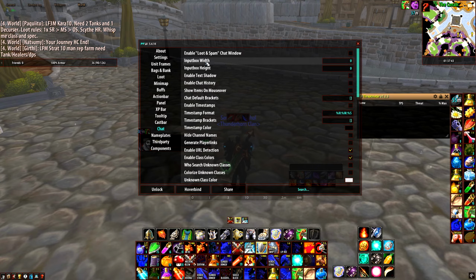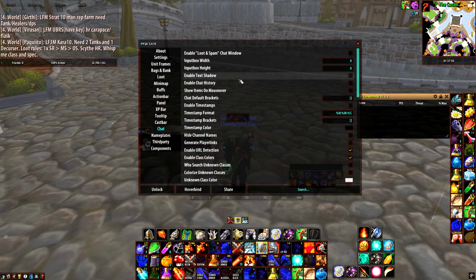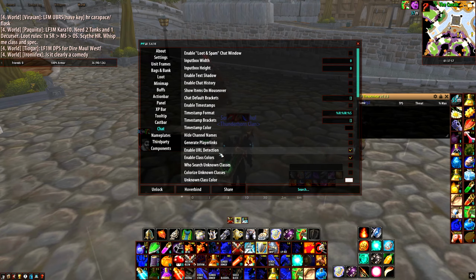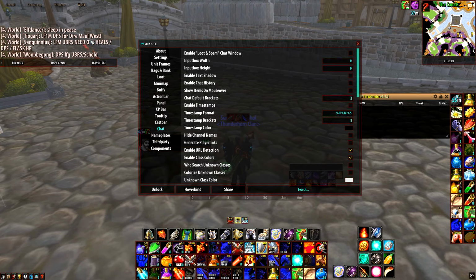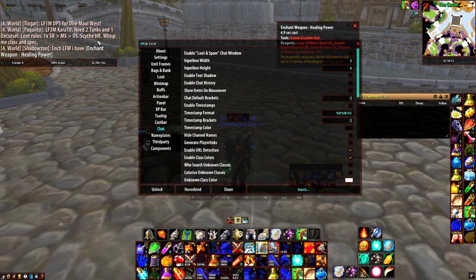So this is input width, I have it on 0, height on 0, enable, I have this all disabled. Enable URL detection. So for example, let's see if someone linked a Discord in world chat or something like that. Oh, never mind, we have this enchant weapon healing power. So it's not that. So if someone